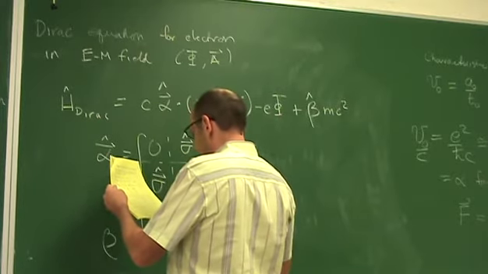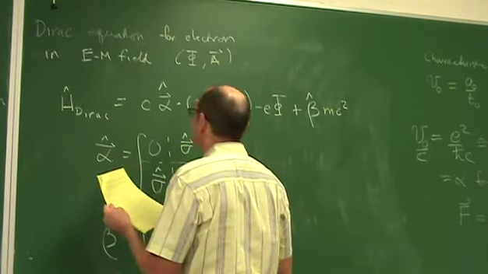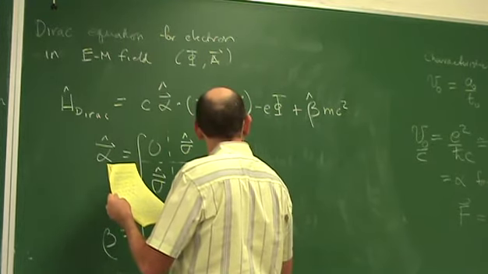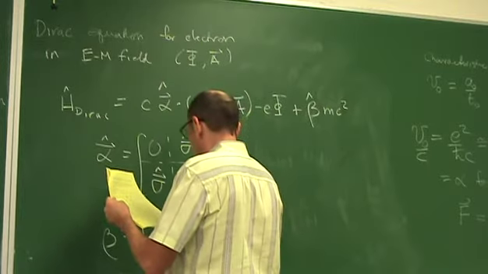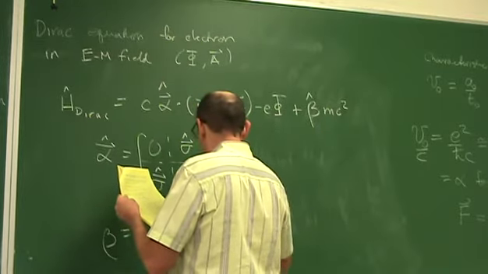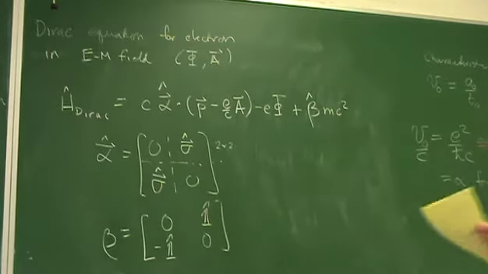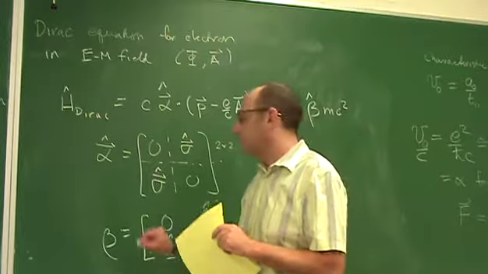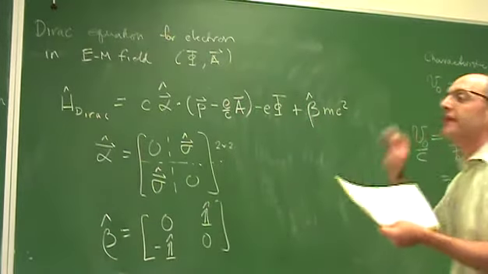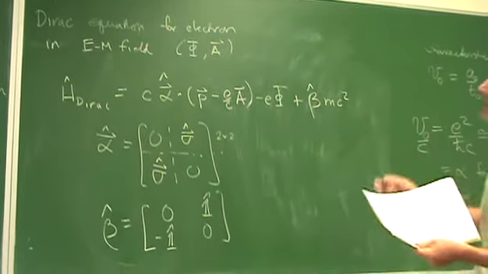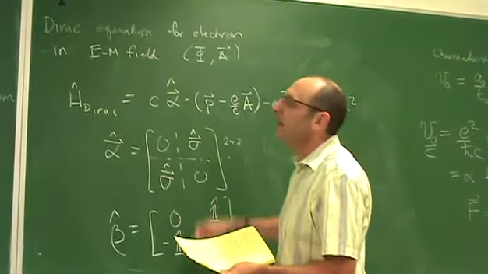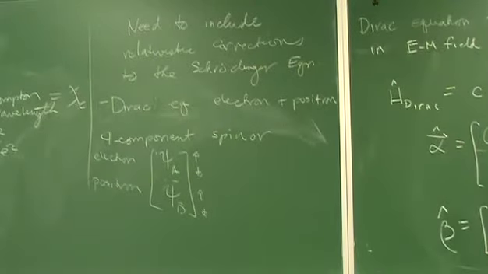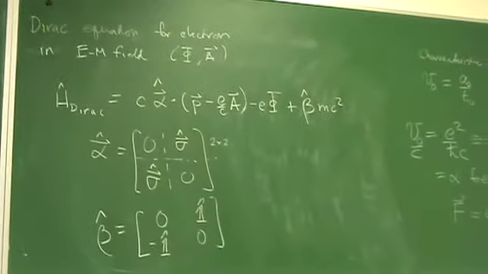I don't know if this is right. I'll double check that, seems wrong. The other one, the positron, has the negative mass. But anyway, it's in my notes, I'll check that out. The bottom line is the following. It's an equation which couples through these matrices the electron and positron probability amplitudes together in a single entity.